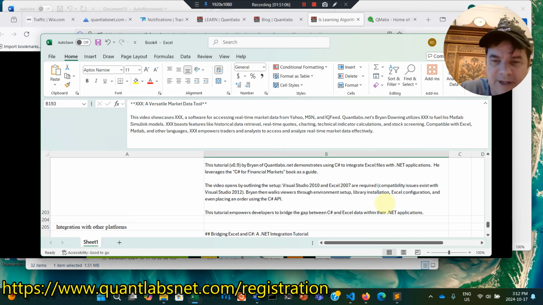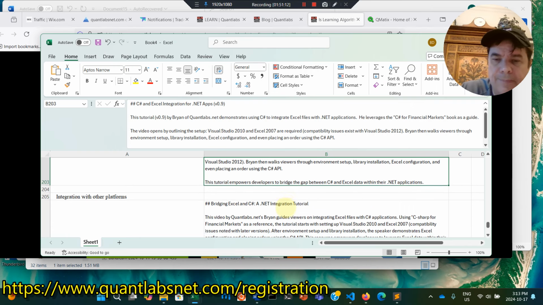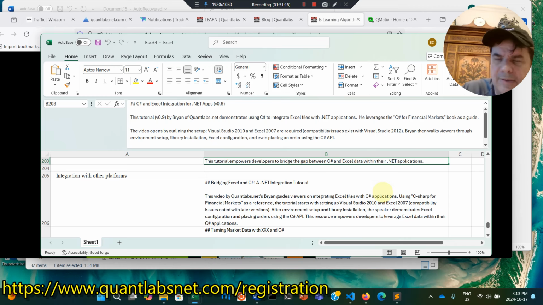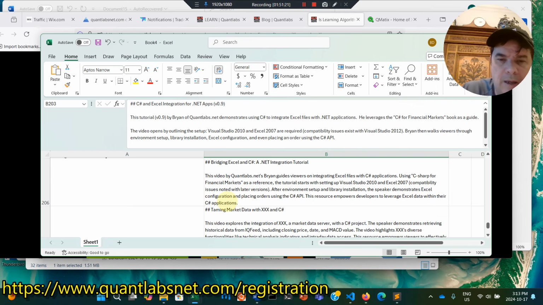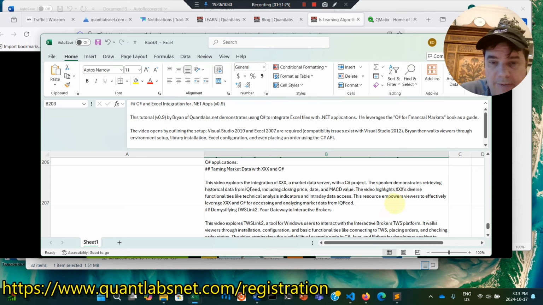There's an environmental setup, like library installation, Excel configuration, and placing an actual order through the C Sharp API. So it's basically to bridge the gap between C Sharp and Excel with a .NET application. Okay, so